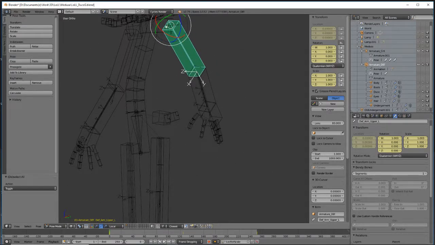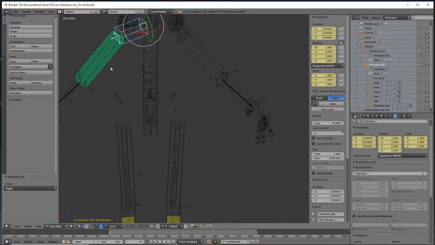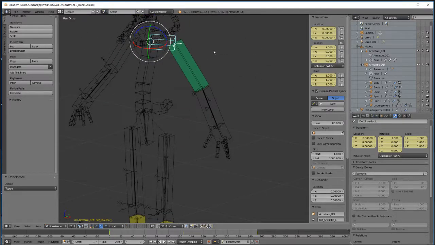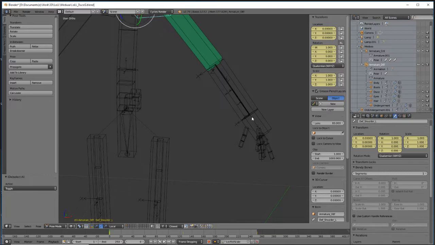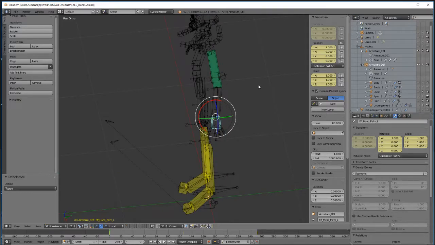I'm not going to have it affect the clavicle. I'm going to cut it before the clavicle, because the clavicle, the shoulder bone here, is going to get its own IK. So there is going to be a shoulder IK that will give us a shoulder shrug. And that one will be its own IK target, but otherwise there will be a bone that parrots this bone that is attached here at the wrist, and that's going to be our IK target for this bone here. So this bone is going to be IK targeted to the hand controller. The pole target for it is going to be an elbow bone over here,